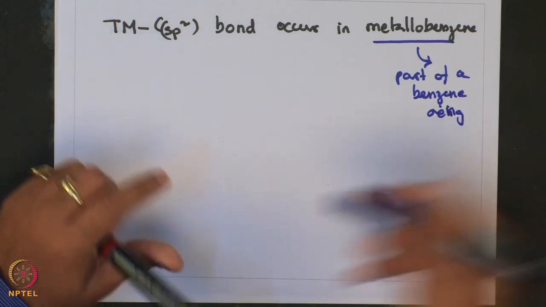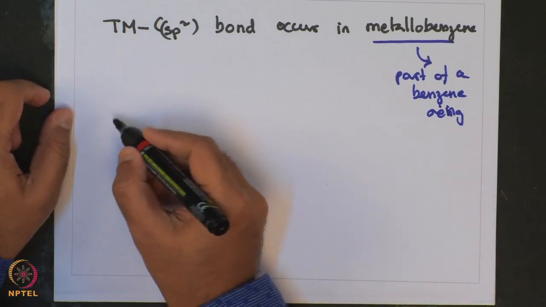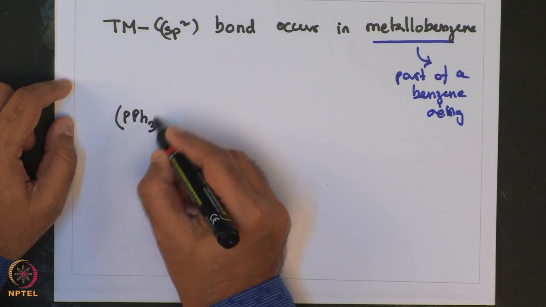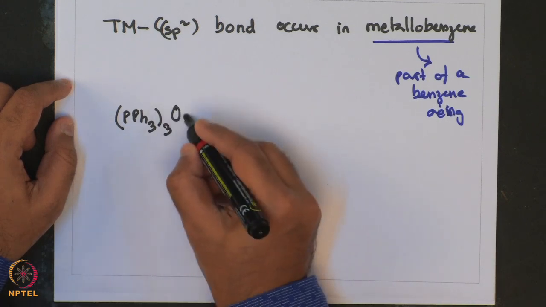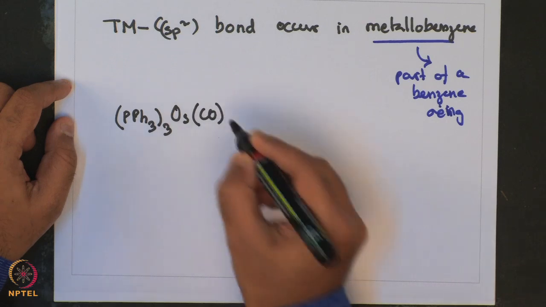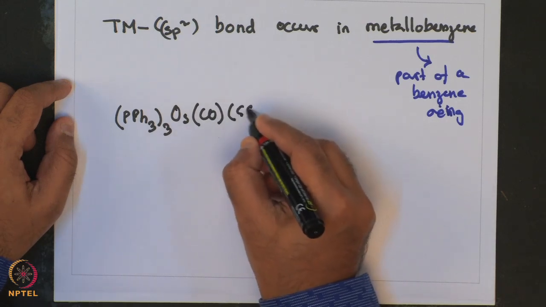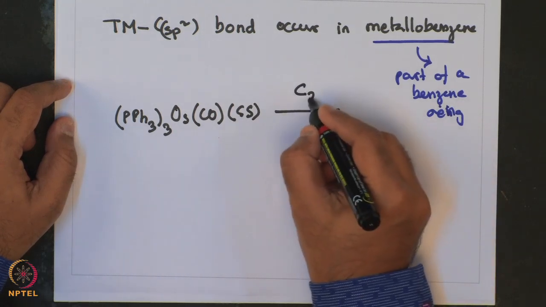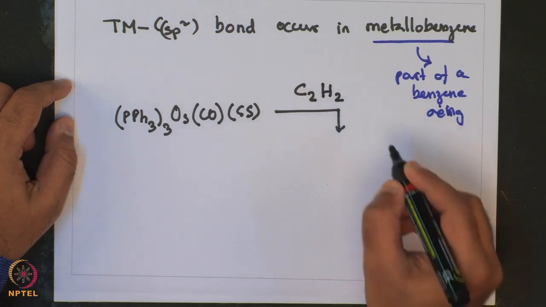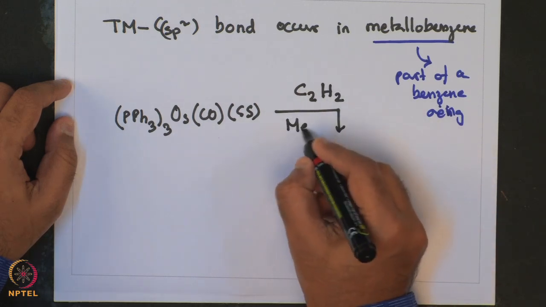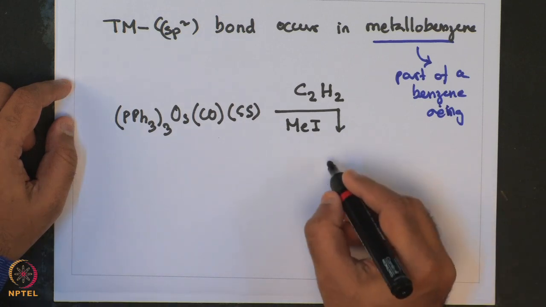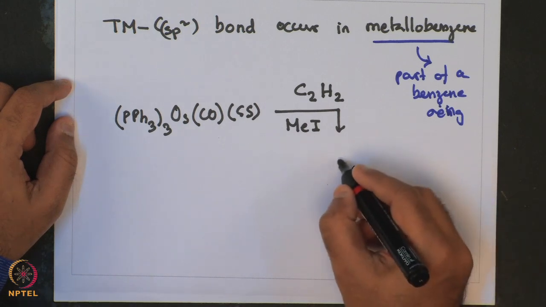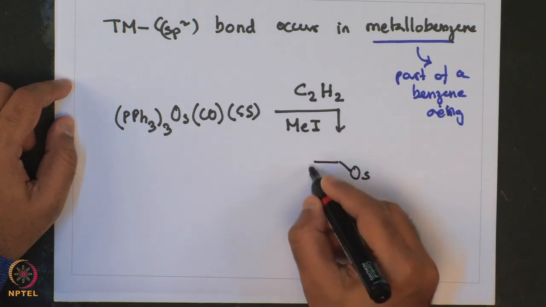And the metallo benzene has been prepared for osmium in the reaction of PPh3 whole 3 osmium CO CS in the presence of C2H2 acetylene and methyl iodide, giving this metallo benzene complex of osmium